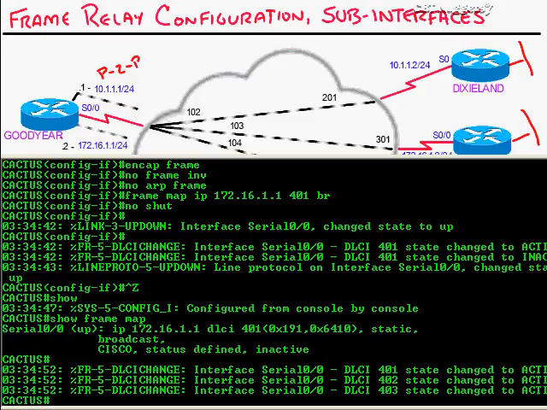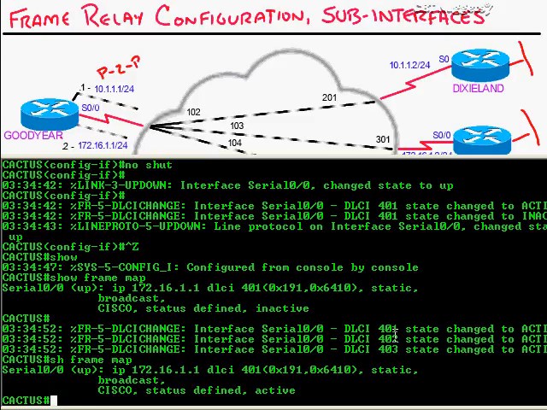Okay, there it goes. Took a sec there. So we see the DLCI has changed to active. Looks like we have a few of them coming through. What's going on here? Show frame relay map. Okay, good. Well, it looks like it's learning about them from the service provider, and that's fine because LMI has